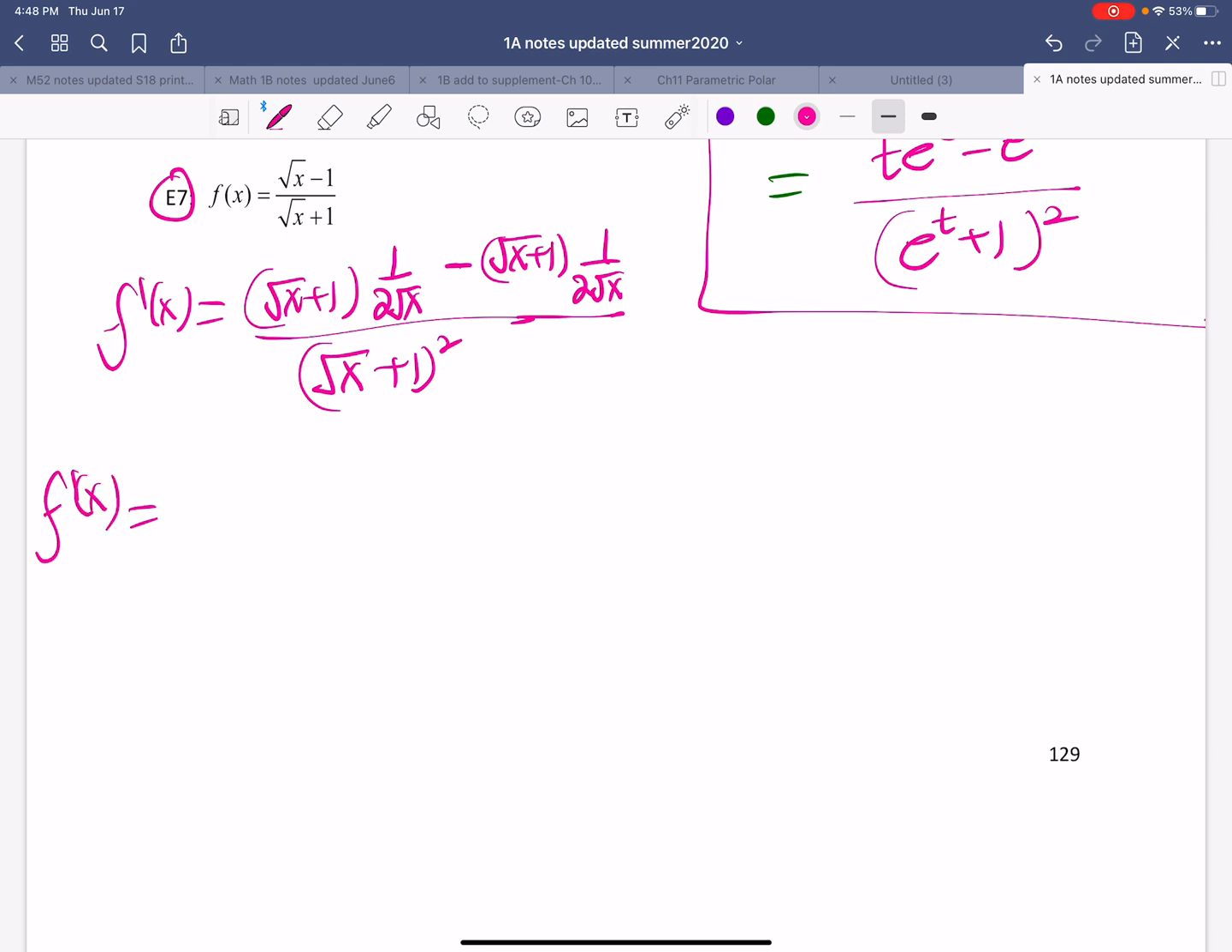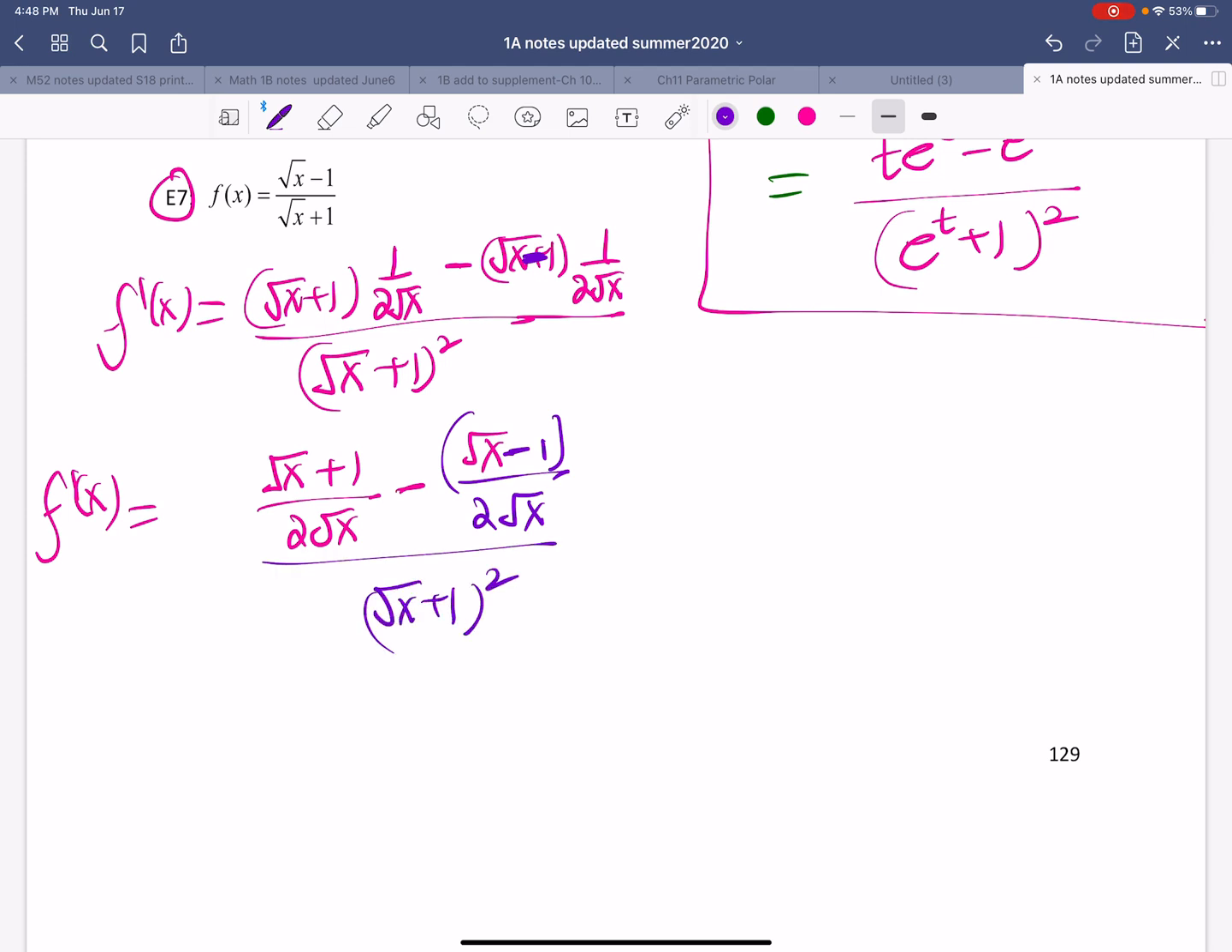So I have square root of x plus 1 over 2 root x minus square root of x, the lower term. This is going to be minus here. This was a minus square root of x minus 1. This is not in the square root. Okay, square root of x minus 1 over 2 root x over square root of x plus 1, everything squared. Okay, so 2 root x is the common denominator for the numerator. Square root of x plus 1 minus square root of x plus 1 over square root of x plus 1